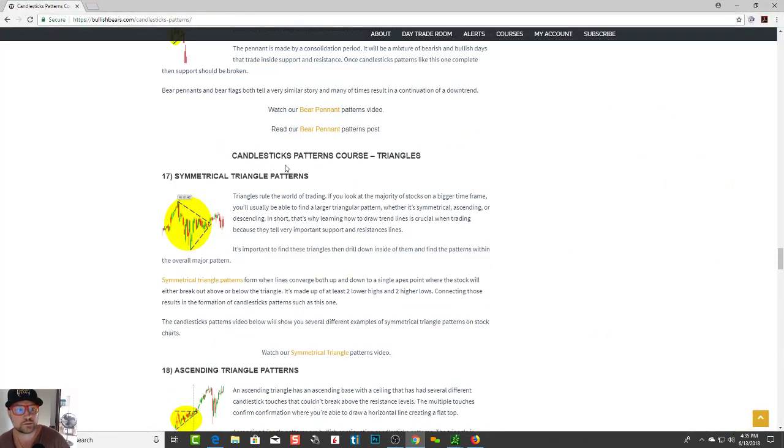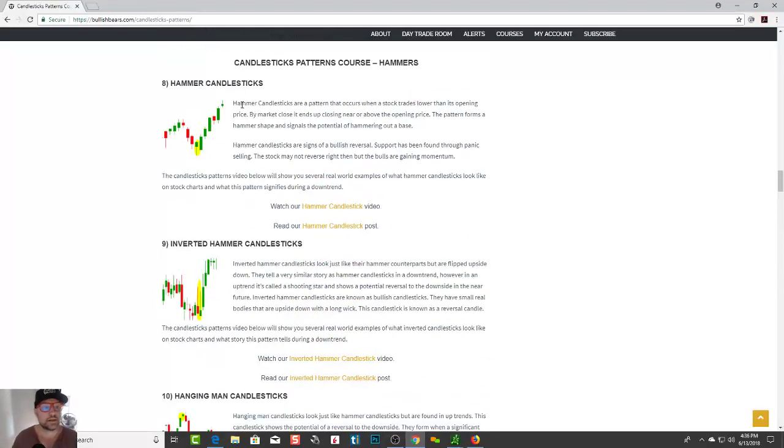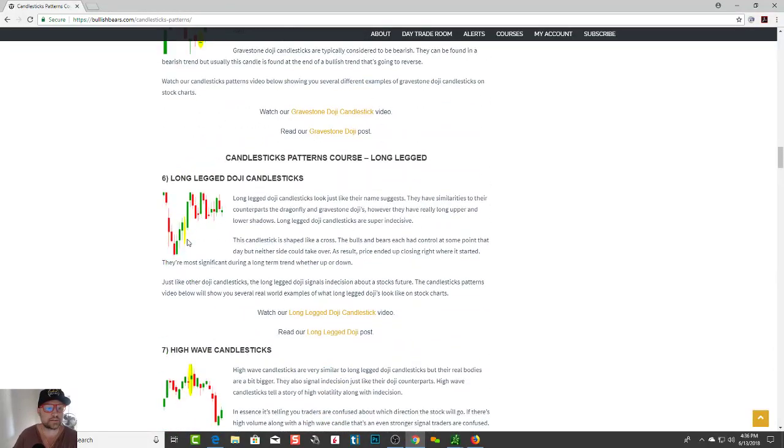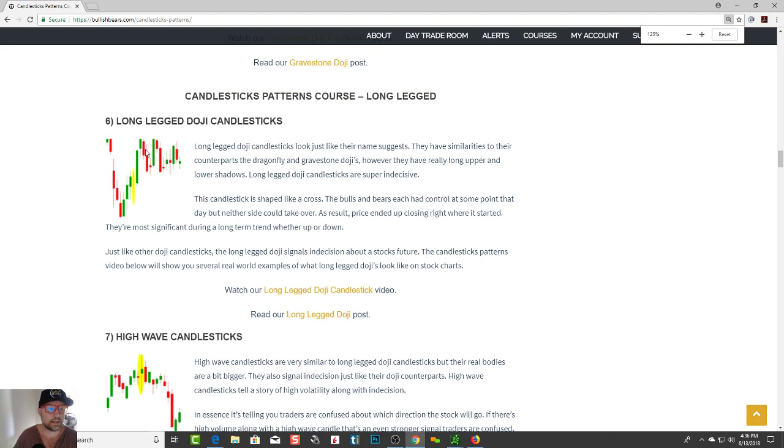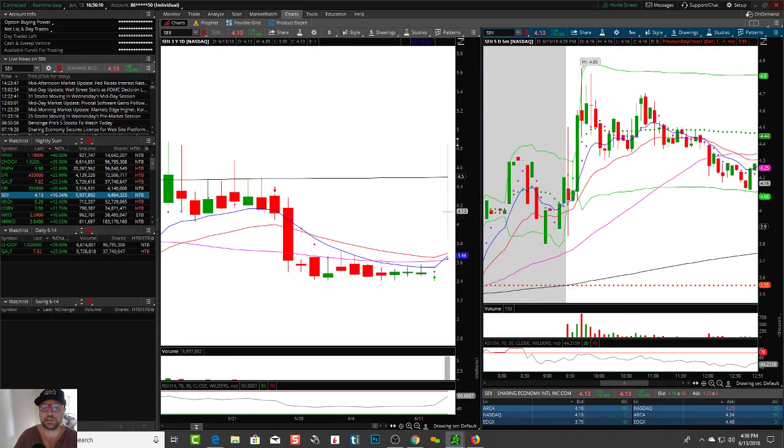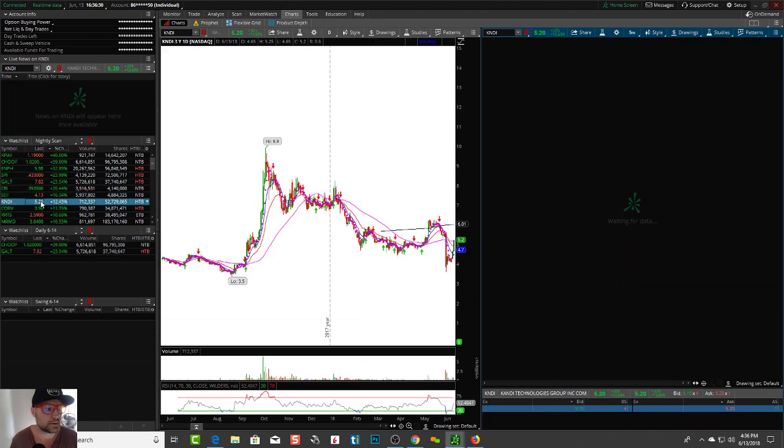Go over to our course and you will see that pattern is, voila, a long-legged doji. Massive indecision between the bulls and the bears. These candles are incredibly difficult to trade, hence why you see a very choppy looking pattern over here. So this is one you'd have to take massive risk on a 1-minute if the setup was good. On a 5-minute, you're just going to look at this today and be like, oh well, I missed that move, and then you go about your day.